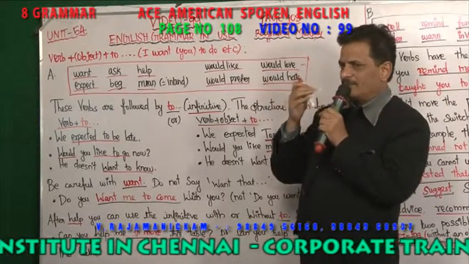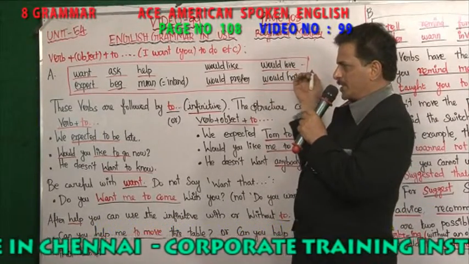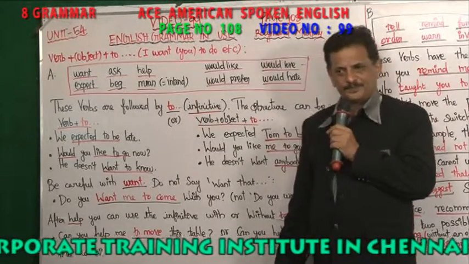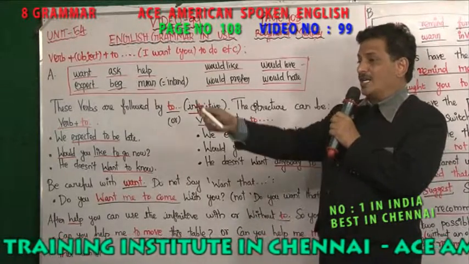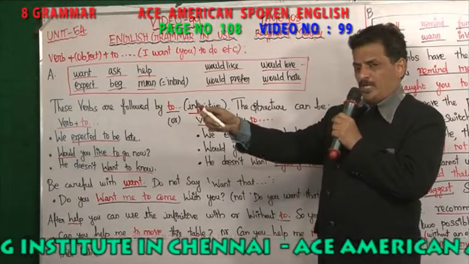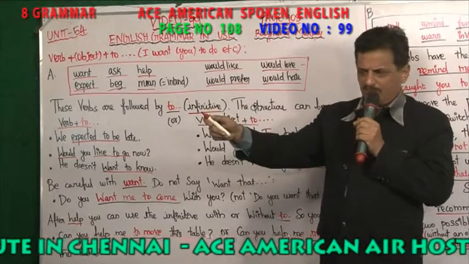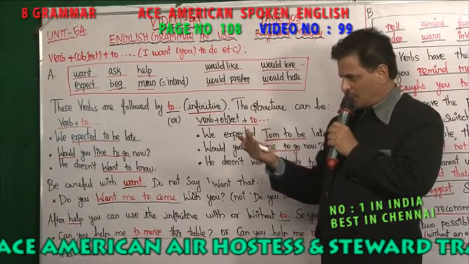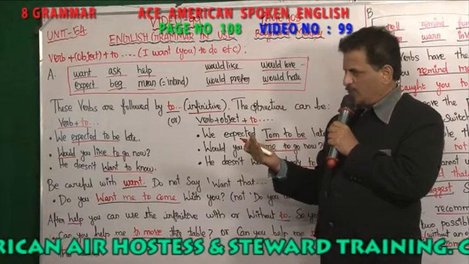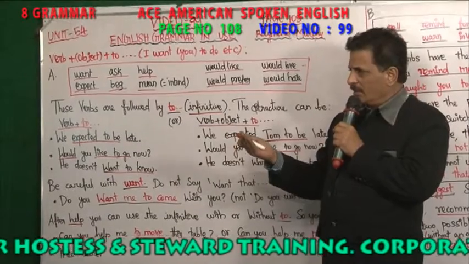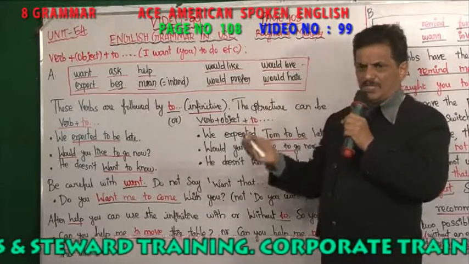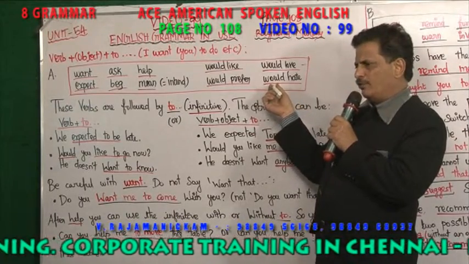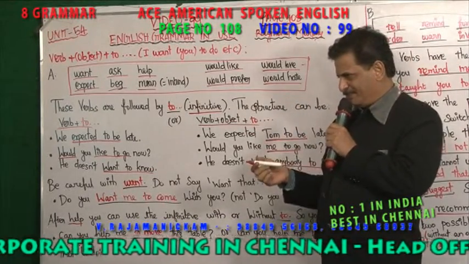It's a beautiful word, would love. Can you use it with would love plus an object plus to plus present tense verb? I would love my son to become a doctor, to be a doctor. My wife would hate me